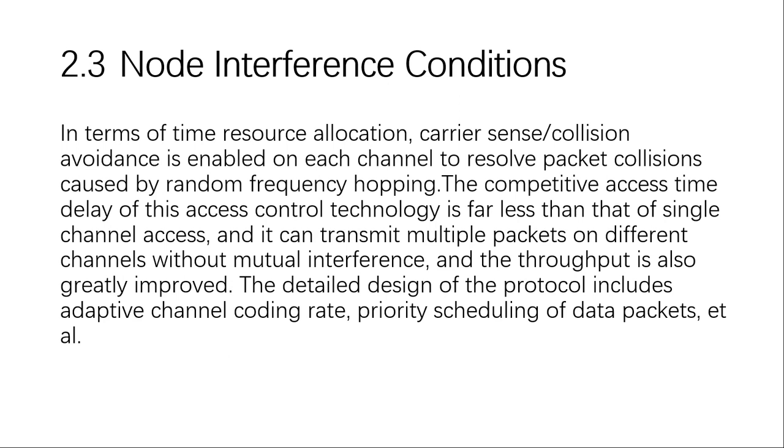The multiple access time delay of this access control technology is far less than that of single-channel access, and it can transmit multiple packets on different channels without mutual interference, and the throughput is also greatly improved. The detailed design of the protocol includes adaptive channel coding rates, priority screening of data packets, active